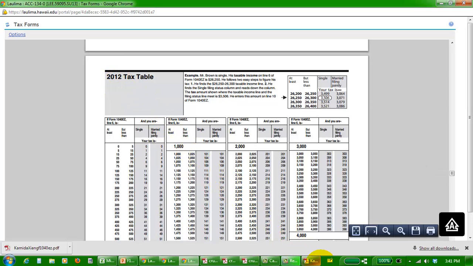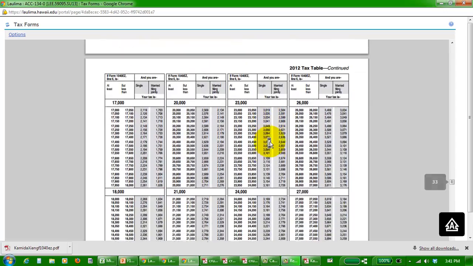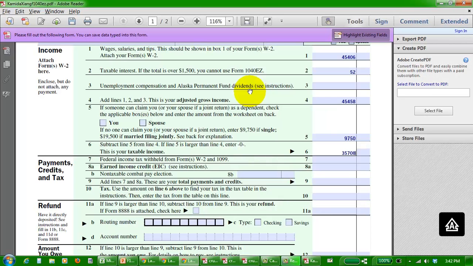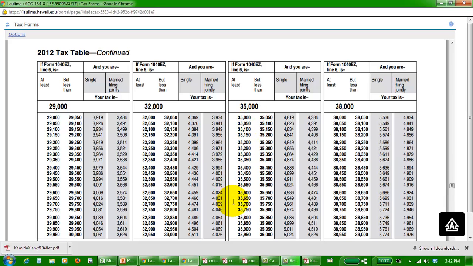I'm specifically looking for $35,708, the taxable income amount. So I scroll down to the 35,000 section right here. 35,000, right? 35,708. Let me zoom in here. 35,708 falls within 35,700 and 35,750. So I go across that row and I stop under the column for our filing status, which is single. So here the tax is